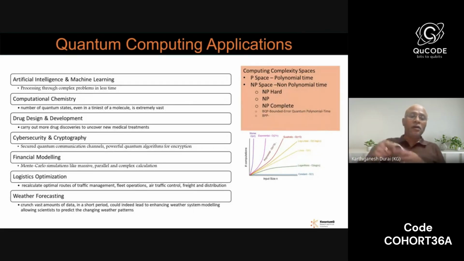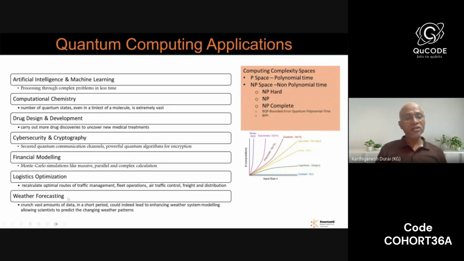And Sumit is the right person to talk about that one because he is working at QNu Labs, who are one of the early solution providers in quantum technology. QNu Labs started in 2016. It is a legacy they have. So in cyber security and then quantum communication. Then financial modeling like derivatives, futures and options, optimizing portfolios, Monte Carlo simulation, then logistics optimization, weather forecasting.